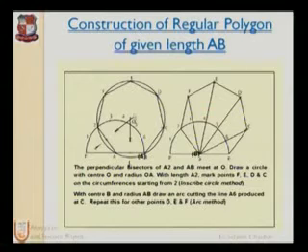Now with O as center and radius equal to OA, we can get a circle which is the circumscribed circle of the heptagon, and on this circle the length is equal to AB. With the same length we can mark arcs from B to C, from C to D, from D to E, then F and 2. So we can close the geometry, and that will be the desired shape of the heptagon.